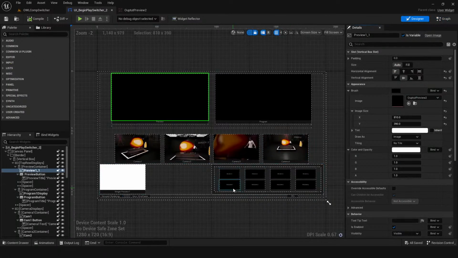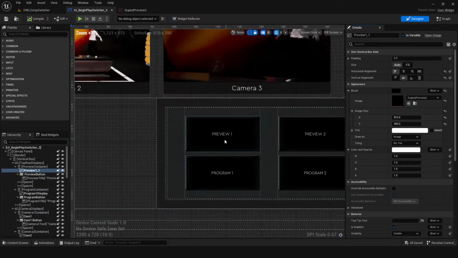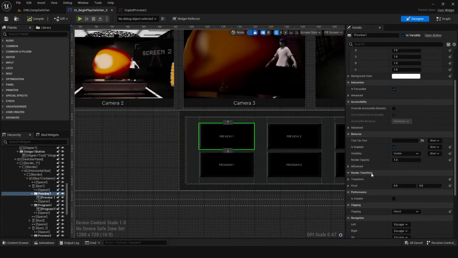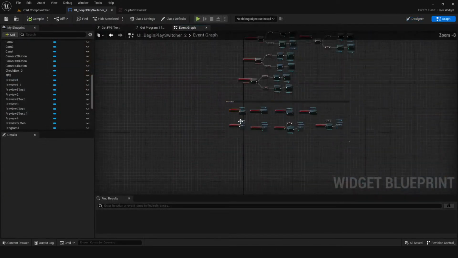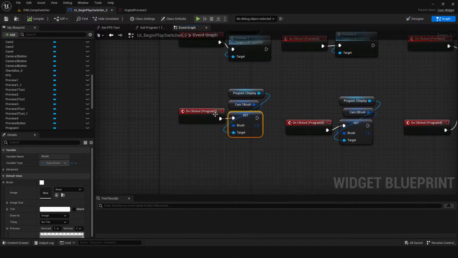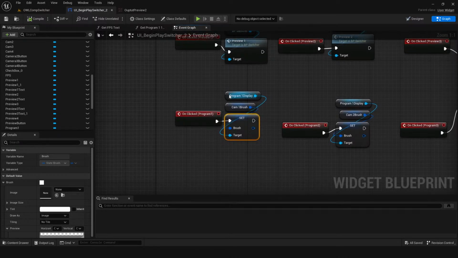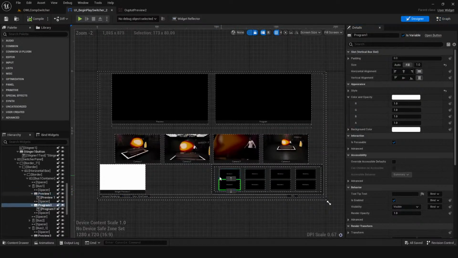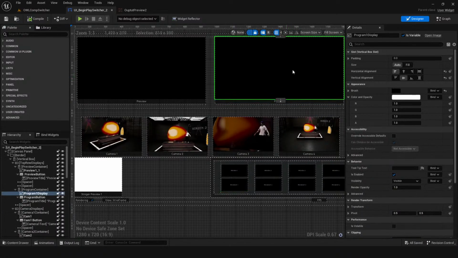That's these buttons, the kind of bus for each channel. So on-clicked preview 1, it's gonna go. Let's show this one first. Yeah, on-clicked program 1 is gonna update this